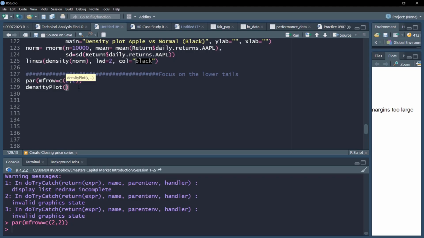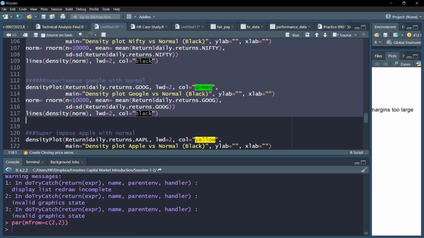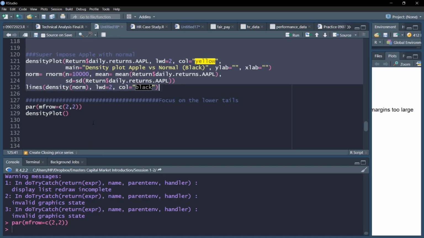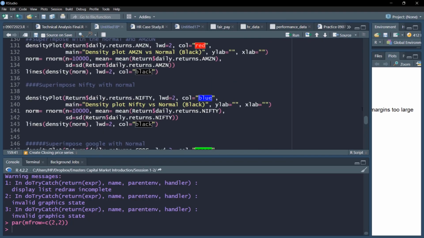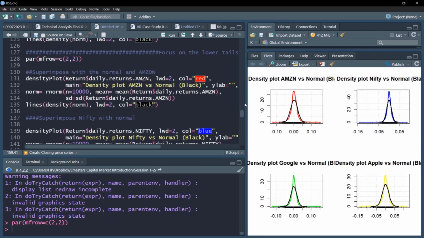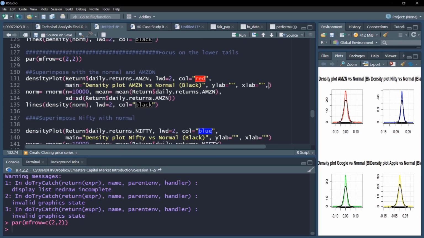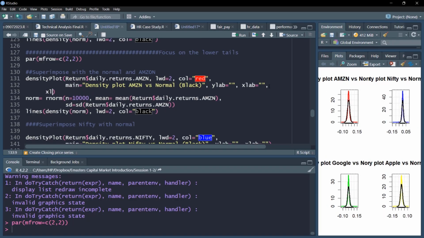Next the density plot, and again we'll use the same plot. So I need not write everything again. What I'll do is make use of the previous command and make a small adjustment. Let me show you. I'll restrict the X limit, and there is a very simple way to do it. All I need to do is use this xlim command. This will ensure that the plot is restricted to a certain X range, which is minus 0.001 to 0.2, and let's see if it works.